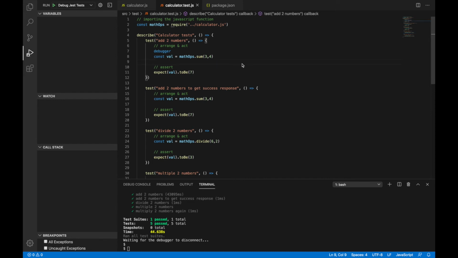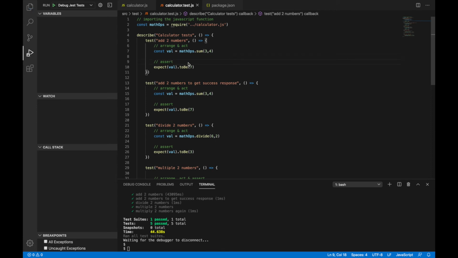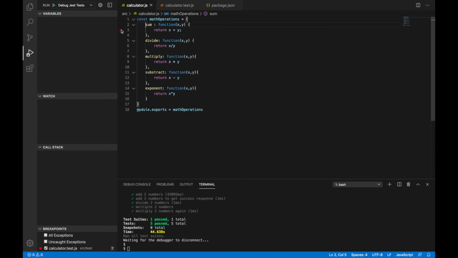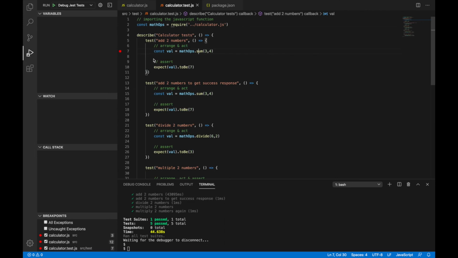And now in order to debug, what you can do is, let's remove this old debugger command that we had added, and let's try adding breakpoints here. So this is how you add a breakpoint. Simply hover over the line number and a red dot will appear, and click on that and it will add a breakpoint here. Similarly, we can add a breakpoint inside our method as well. So suppose I want to add a breakpoint here, x plus y or x minus y, and let's try running this test, and we will expect our test to stop at the breakpoint that we have added.